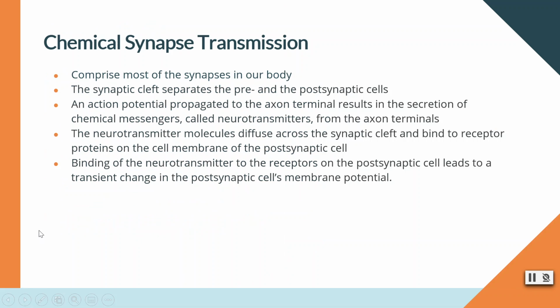We will be focusing on the chemical synaptic transmission, which comprises most of the synapses in our body. We know that the synaptic cleft separates the pre- and postsynaptic cell, and then we have this action potential coming from the axon terminal, which results in the secretion of these neurotransmitters. The neurotransmitter molecules diffuse across the synaptic cleft and bind to the receptor proteins on the cell membrane of the postsynaptic cell, and this binding leads to a transient change in the postsynaptic cell's